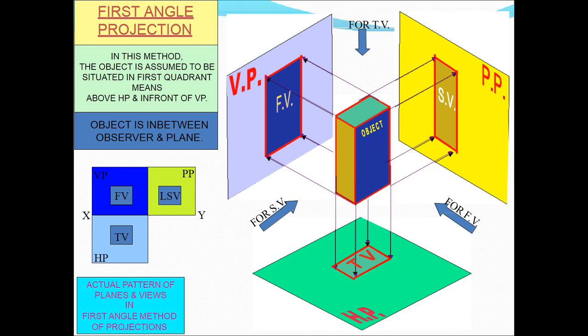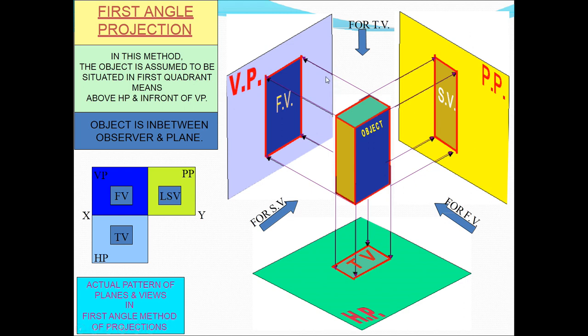So make a clear note that the front view will always be in the vertical plane for first angle projection. And the top view, the mild green color: if I see this object from the top, this rectangle is visible, and this rectangle is what we draw in the horizontal plane. There is also another view left out, the side view. See this yellow color? This is the side view, and it will be drawn on the PP line, which is the principal plane.